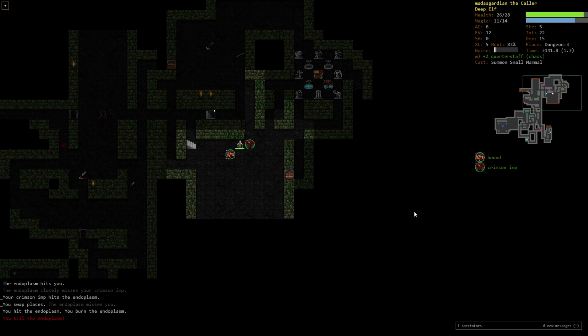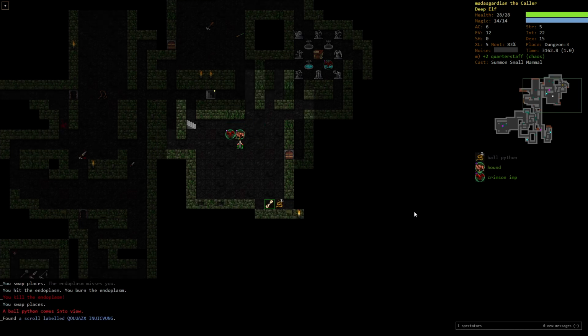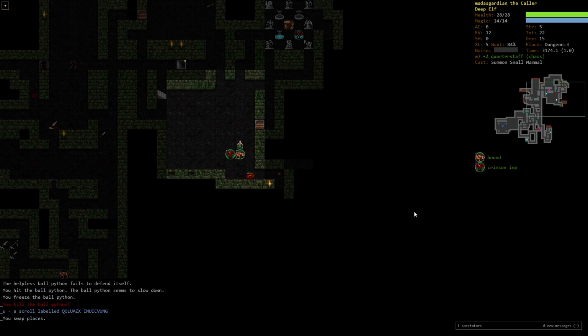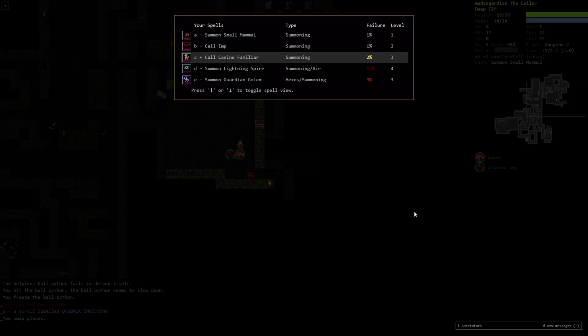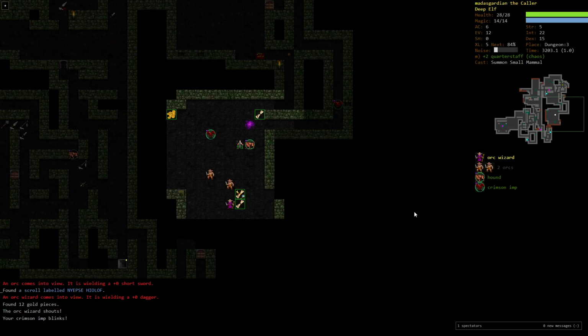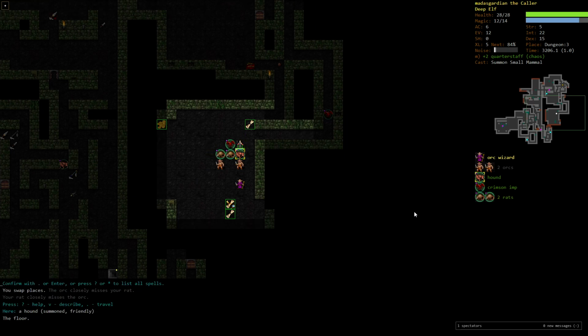So yes, we're just going to keep summoning, and we'll hit things with our staff. Our main goal is to get Lightning Spire summonable. And I mean, it kind of is now, but 17% failure rate is a little high. So the Orc Wizard bothers me a little bit. So if you come down here,